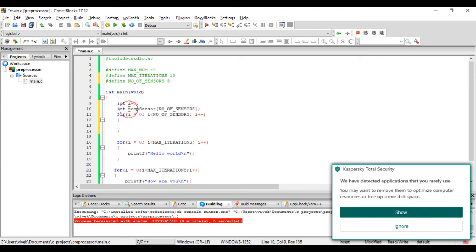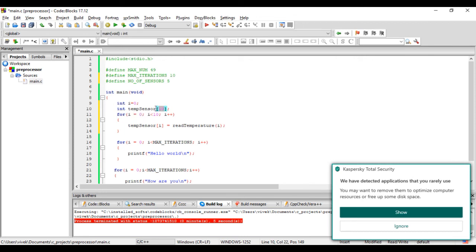Let's say what we are trying to read here is the temperature value in a loop. So temp_sensor[i] equals read_temperature, and we pass the sensor number i. So now tomorrow if the value changes to 10, if we mention only 5 here, I have to make the change at 2 places now. If my value gets changed to 10, I have to change it to 10 here, and then I have to change it to 10 here. But instead, if I use this value NUMBER_OF_SENSORS, I don't have to do these changes.